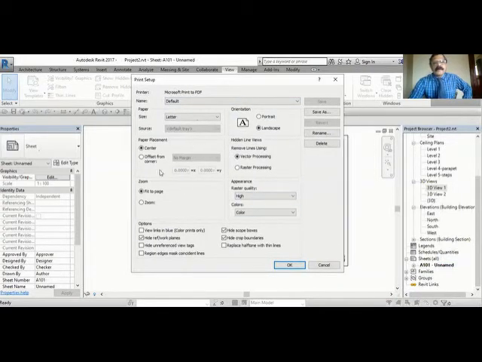And here, where the drawing has to be kept? Center to center, the paper and your drawing, you keep it at the center. And this is fit to page. If you have a big drawing and you want to fit it, use fit to page. This will be plotted without any scale. Usually you have to use zoom 100%, so that it gives you the exact print at the scale in the sheet, and the full sheet will be printed. Here you can change how you want to print: landscape, portrait, etc. All of this default you can use.